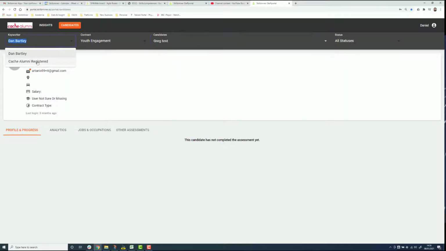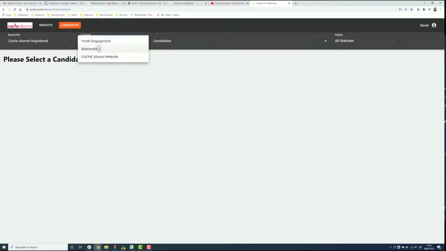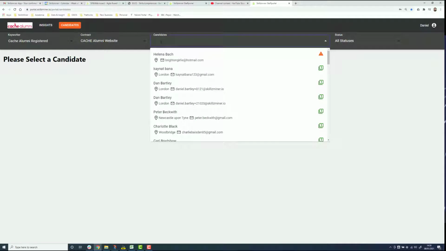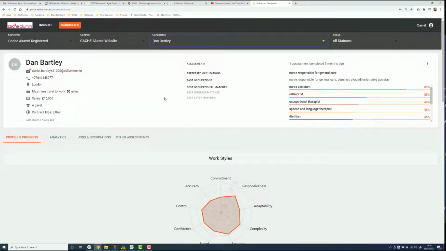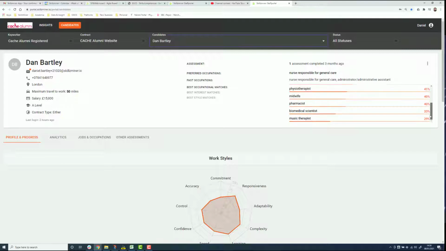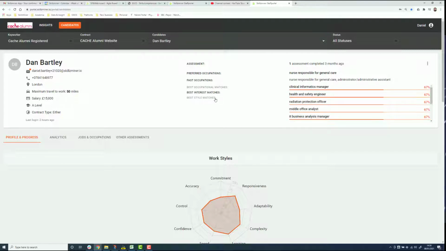This candidate hasn't completed anything, I'll just select somebody else. So this very much reflects what you would see as a candidate if you're going through the candidate gateway. It shows you all of their preferences, the past occupations, the best occupational matches, the best matches based on interest, styles and skills,